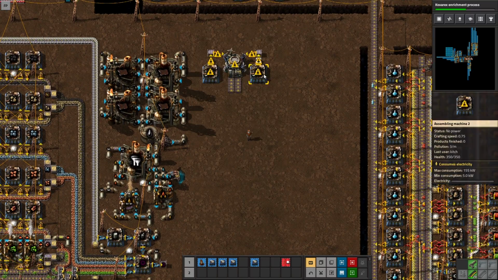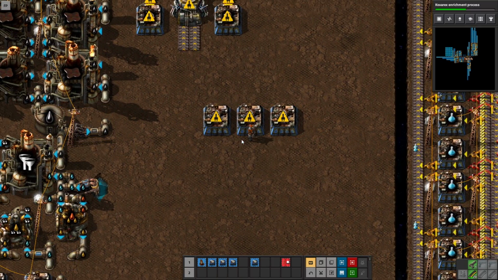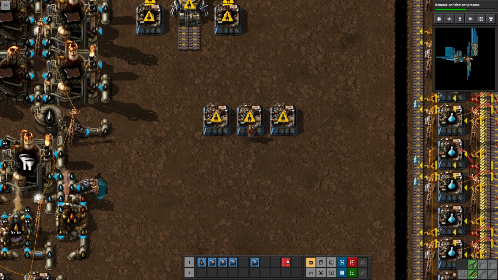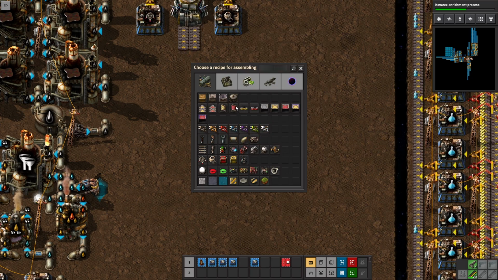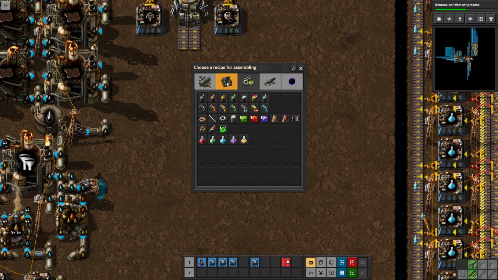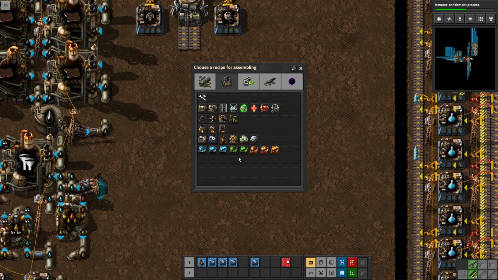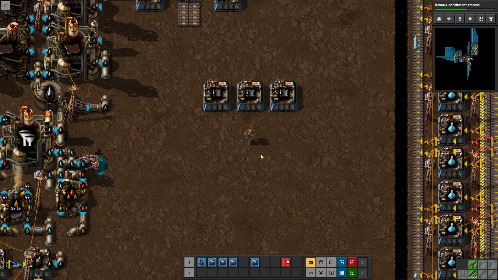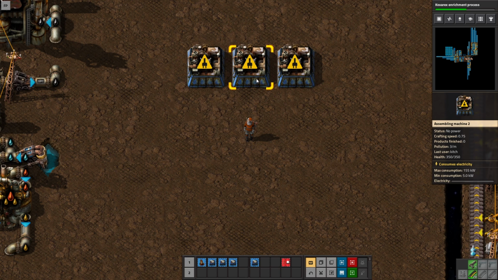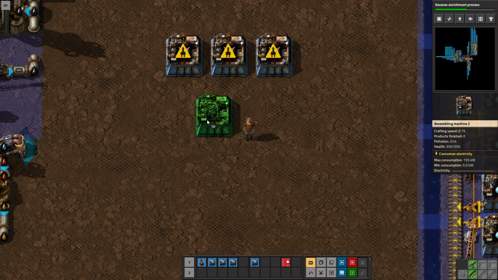And let's see, then we're going to need some robot frames. We're going to need 3 robot frame machines. It's actually 2.3, but, you know, who's counting? Apparently not me, very often. That's going to be under this section right here. We'll set those up, and they will need to be fed by 2...